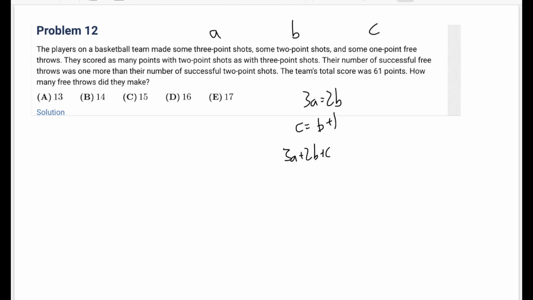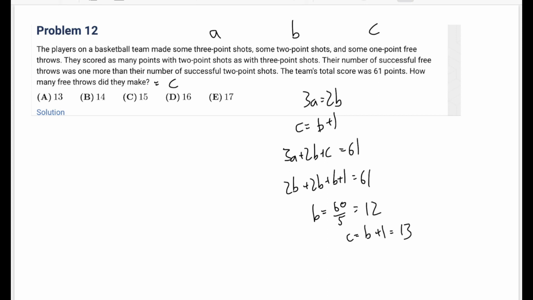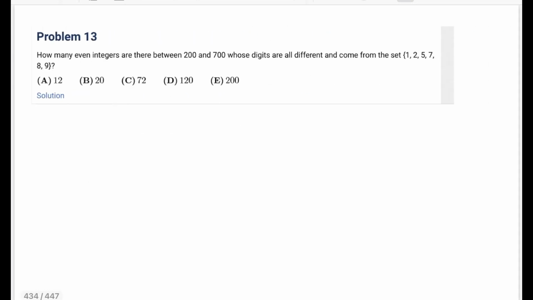3a plus 2b plus c equals 61. How many free throws did they make? So this is asking for c, right? And so if we just plug these in and make it all about b: 2b plus 2b plus b plus 1 equals 61. So b equals 60 over 5, which is 12. And so c equals b plus 1 equals 13. The answer is A. Number 13, how many even integers are there between 200 and 700 whose digits are all